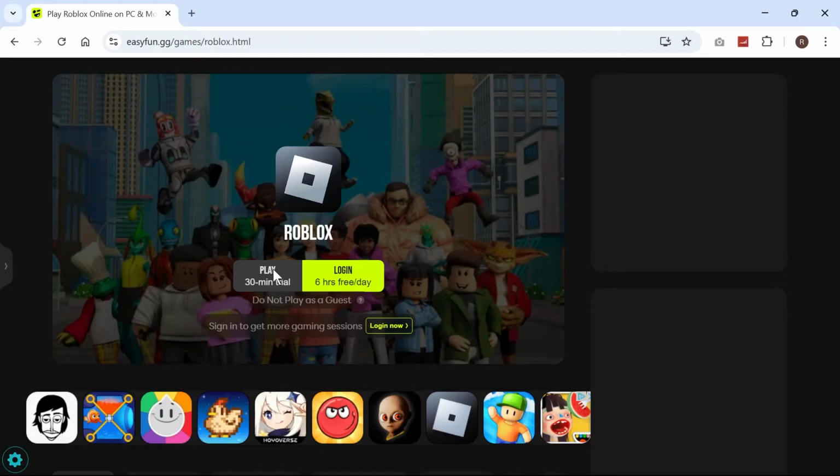Now you have two different options here. You can either play without an account and that allows you 30 minutes of playtime, or you can make a quick account on their website and it allows you up to 6 hours every single day of playtime. So I do recommend creating an account just for maximum playtime, but if you just want to try it quickly to see if it works, then we can click on the play 30-minute trial button here,